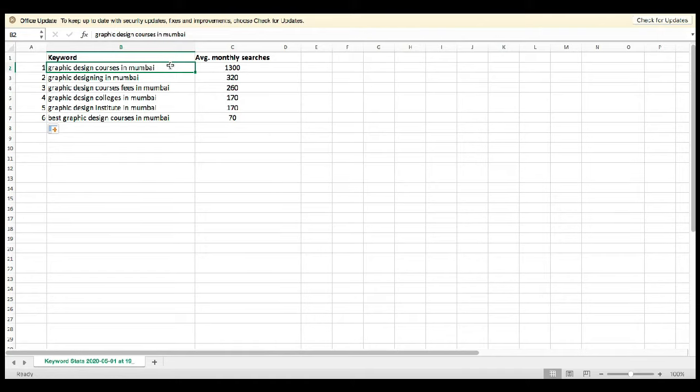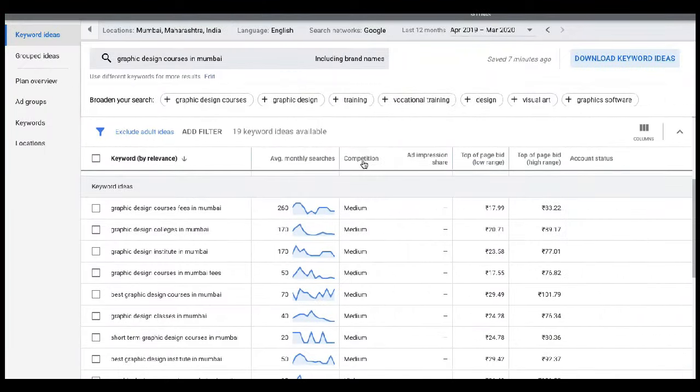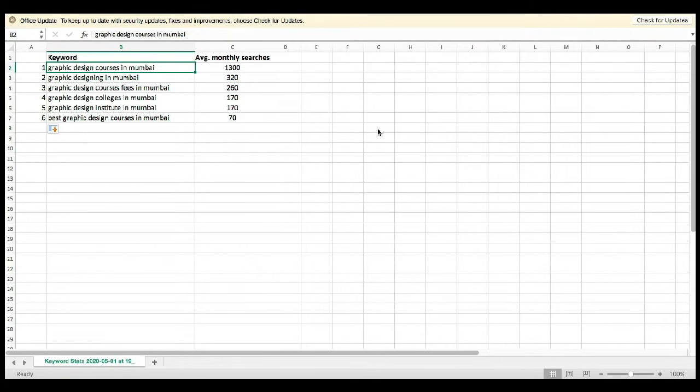Now how do we check the competition? One method is to use this technique, which is totally incorrect and irrelevant for SEO. If you do this, there won't be any difference between you and the rest of the people who are doing SEO incorrectly. So we are going to do SEO in the right manner, and for that we are going to use something called search operators.